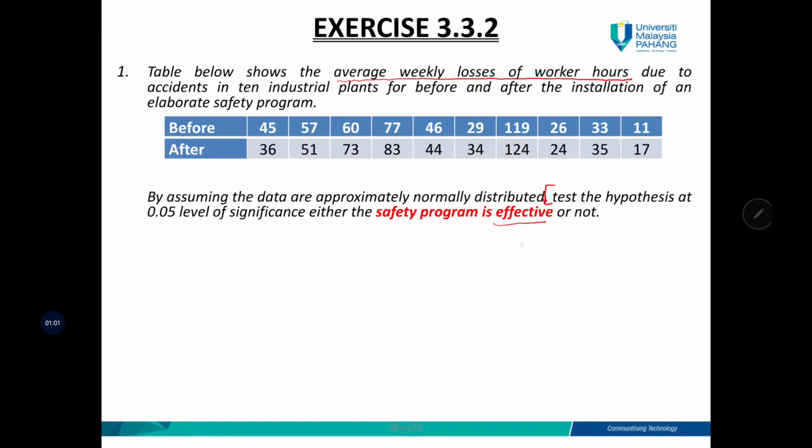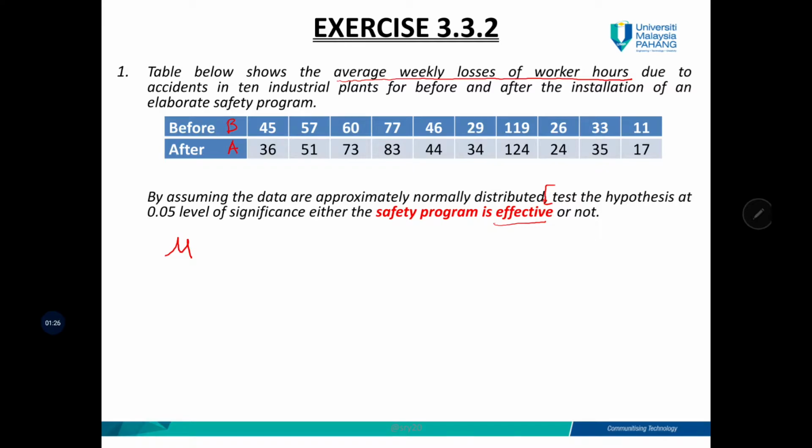We can see that the suitable parameter is the mean, so this is mu. For this case we want to look at mu, the mean, and we have two data sets,